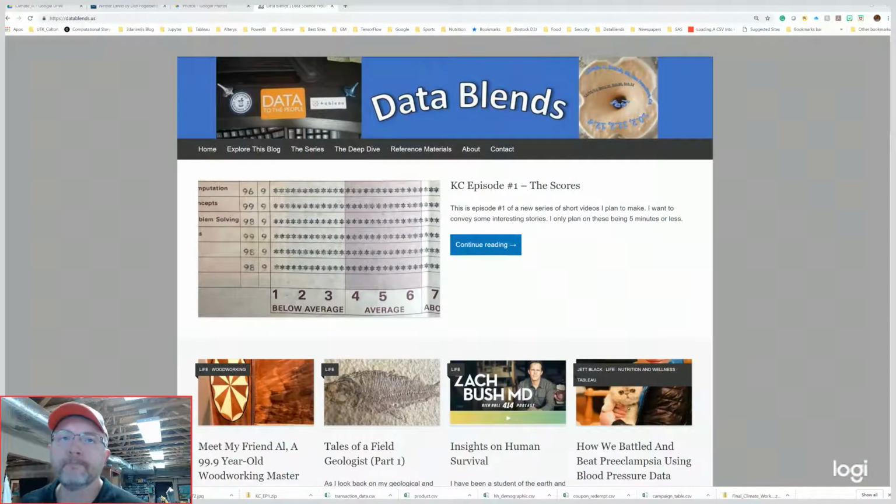When you look at the blog, if you go to datablends.us, it has a menu system attached to it that's shown right here, where we have Explore the Blog, the series, the deep dive, reference materials, about, and contact. And within each of these menus, there's functionality that can make using the blog a lot easier. So for example, if we pick Explore the Blog,